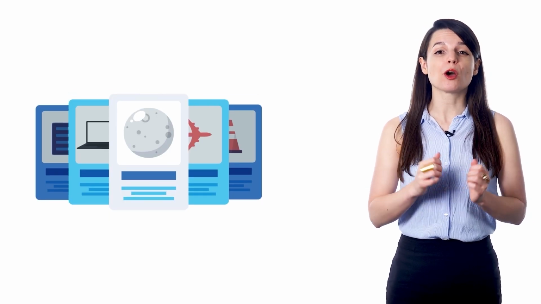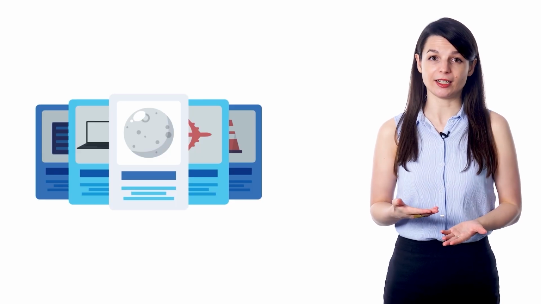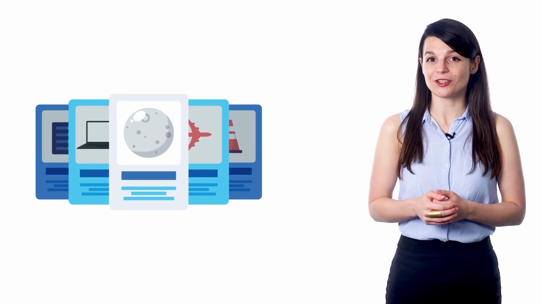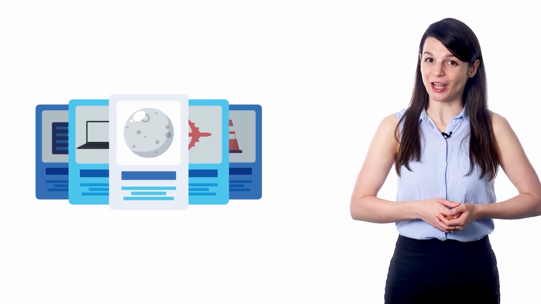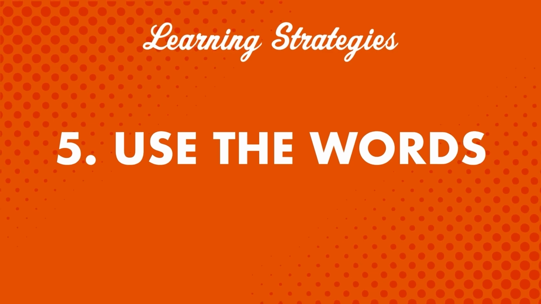You'll see words that you know well less often. This system helps you study more efficiently. It displays the words you need to work on and knows when you should refresh your knowledge. This helps make sure you don't forget vocabulary. In every study session, these cards will help you refresh your memory on the words you learned last time and introduce new words. Number 5, use the words.